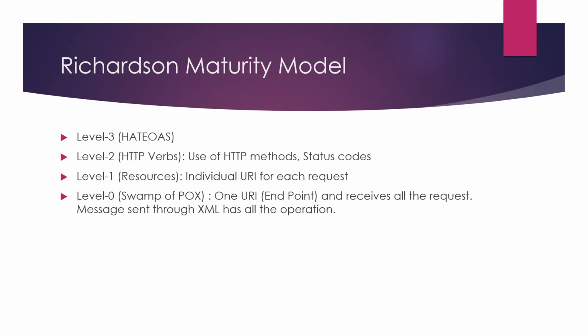And here comes level 3, HATEOAS. It is not only about exposing a URL, but also about providing the necessary links, like next and previous. You may not give next and previous and still be at level 1 or level 2. But if you give links to next and previous resources, you get level 3. I will show you